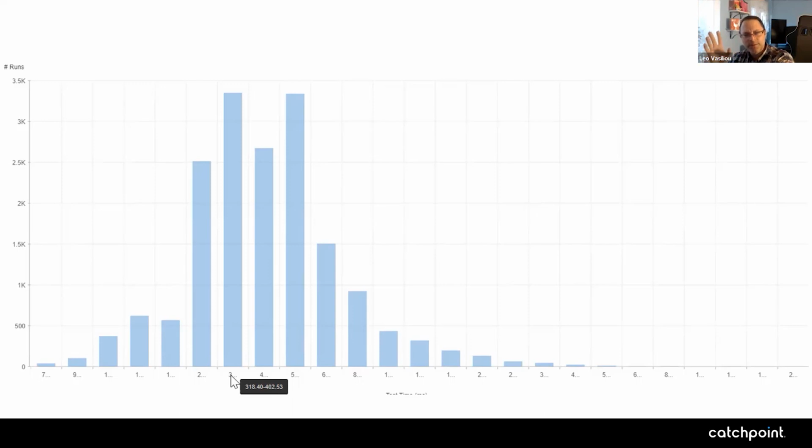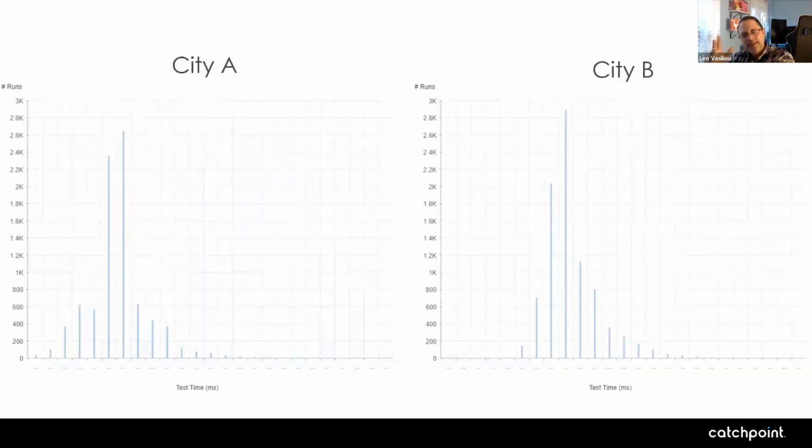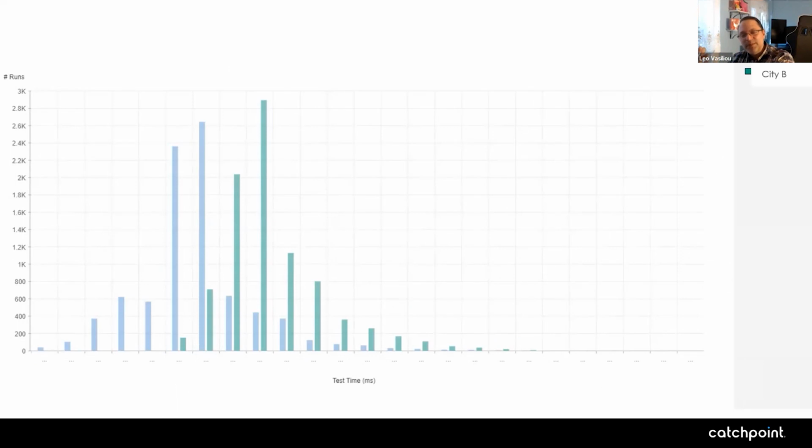And those two questions are, at what point does my performance data become abnormal? And more importantly, how do I use this to tell whether or not I've met my performance service level objective? And to take it a step further, remember when I was saying that this was performance data from CDN? Well, here are the histograms of only two of the many hundreds, if not thousands, of CDN pop locations. And if you stare at this long enough, you can see that city B is a little slower than city A. We might say to ourselves, hey, let's put them in the same viewport like this,